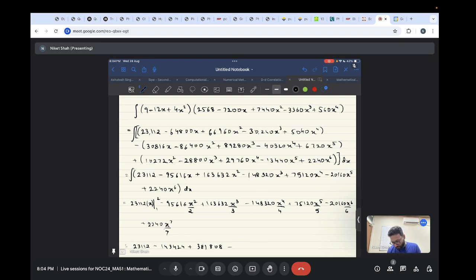So minus 556200 plus 75120 divided by 5 multiplied by 2 power 5, which is 32 minus 1 is 31. That gives 465744, minus